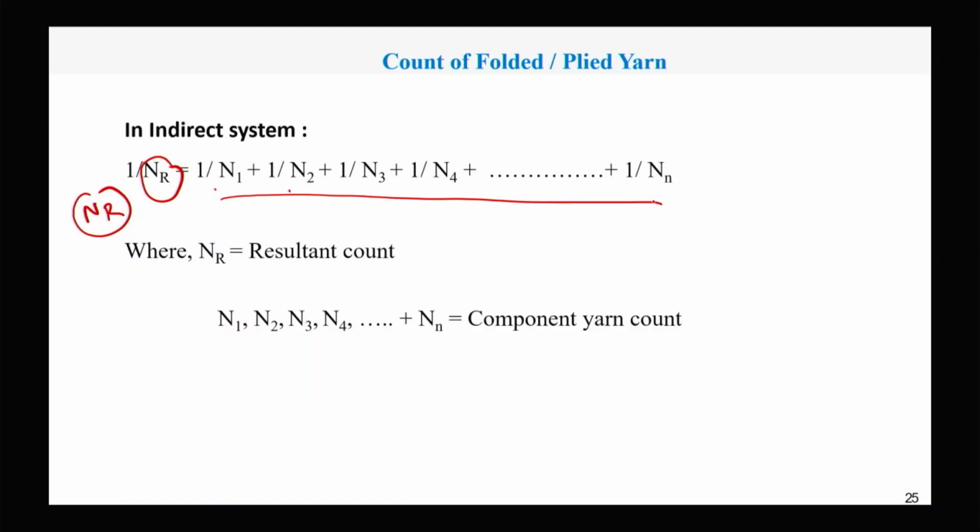So the resultant count we can get. So N1, N2, N3 are the individual counts. This is the indirect system. In the direct system,